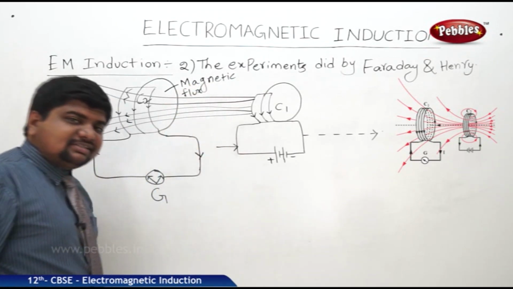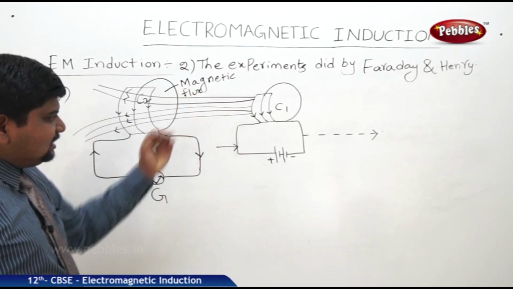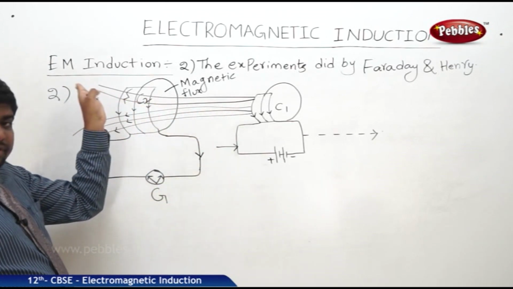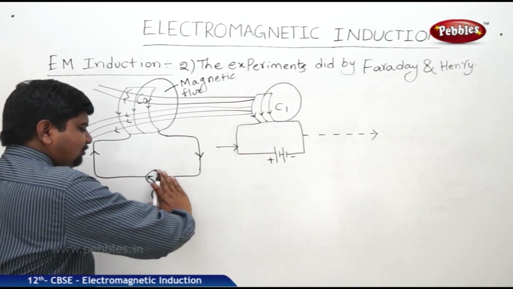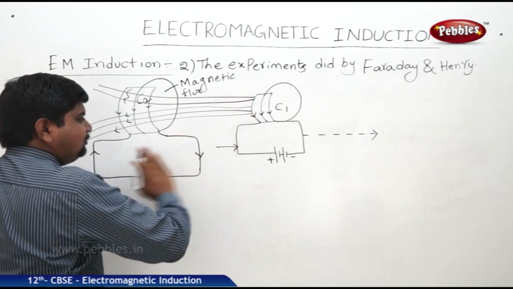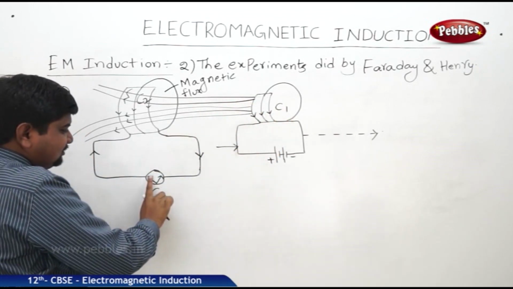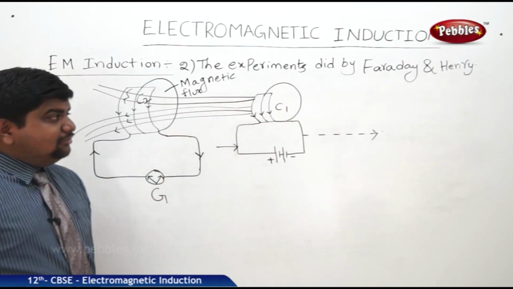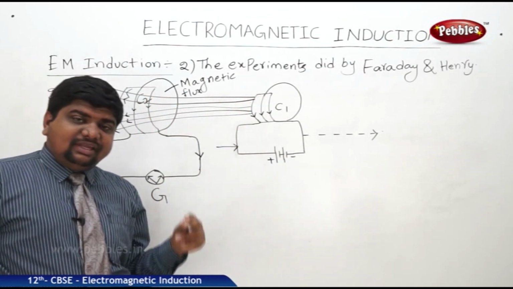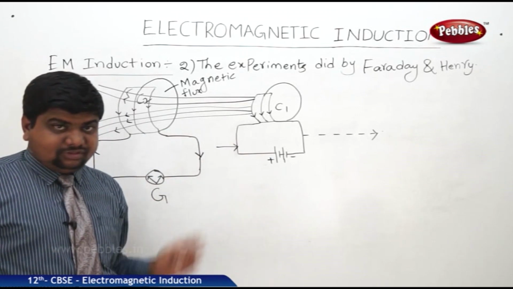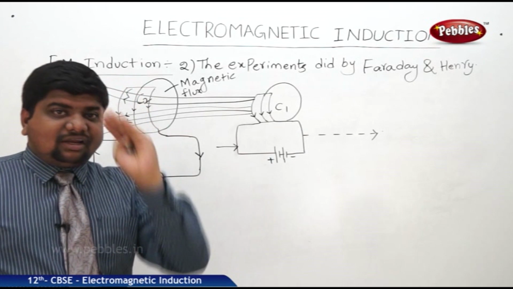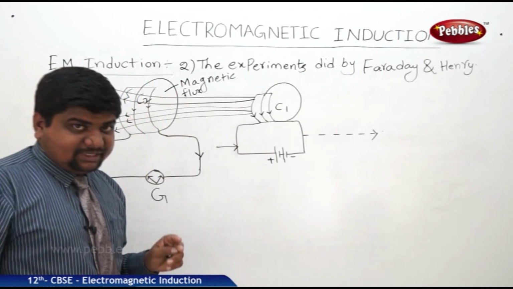We can say it is a flux linkage also. So this is the experimental support. See, here the flux is traveling towards C2, and the deflection of the galvanometer is towards the right side. So if C2 is approaching towards the right side, the deflections are also towards the right side. Whenever the north pole of the magnet is placed near the coil, the coil will act as a north pole. That's why it opposes the same pole. That's why the arrow mark is opposing the north pole of the magnet in the previous experiment.